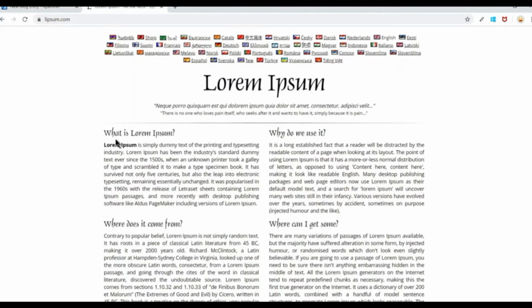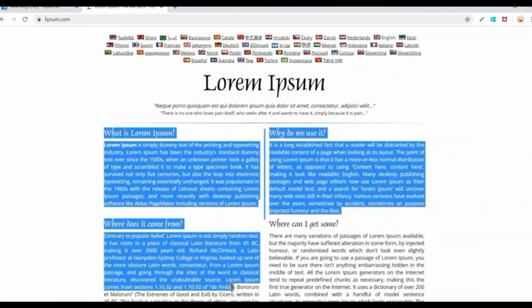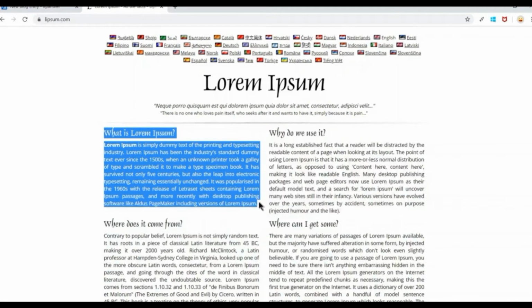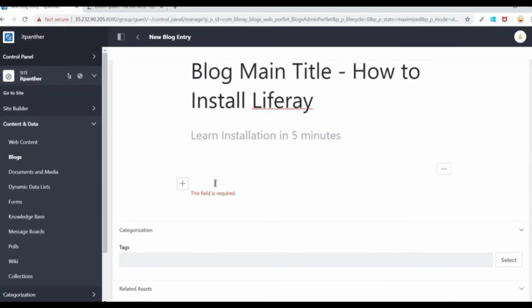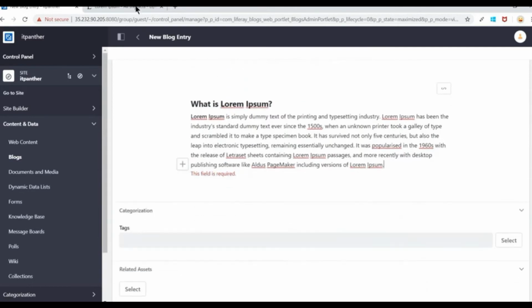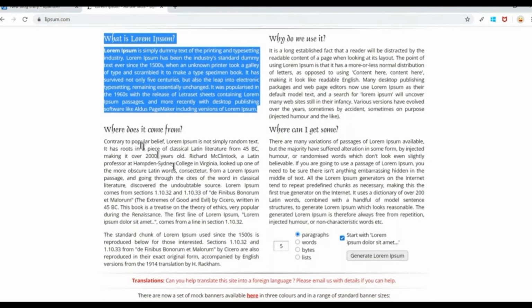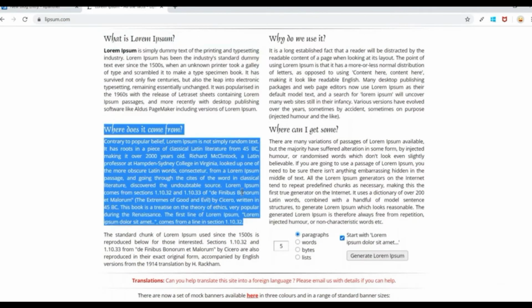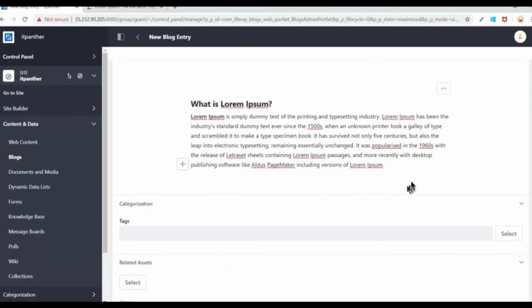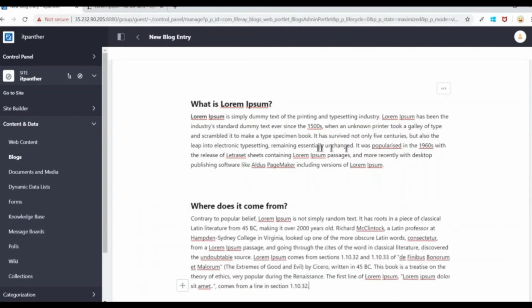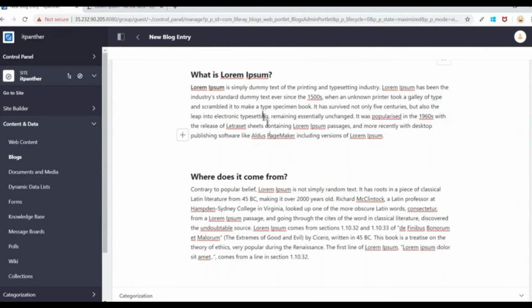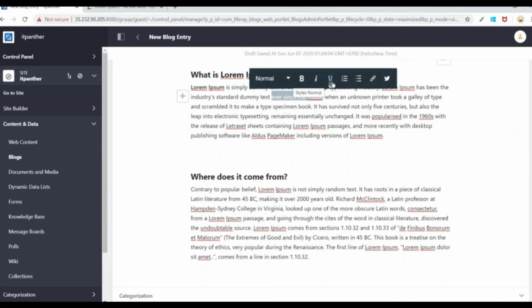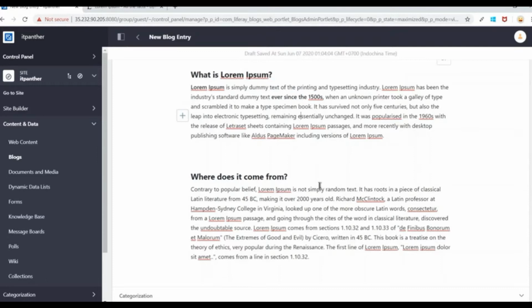and then here you can put your blog content. So in this case I'm just going to type some dummy content, and let's say we have this content, which I can paste here, and if you have more content you can paste that content as well. And whatever formatting you want, you should be doing here. So for example, let's say if you want to highlight certain words, you can just select those words and then you are going to get these options. So using this you can highlight that,